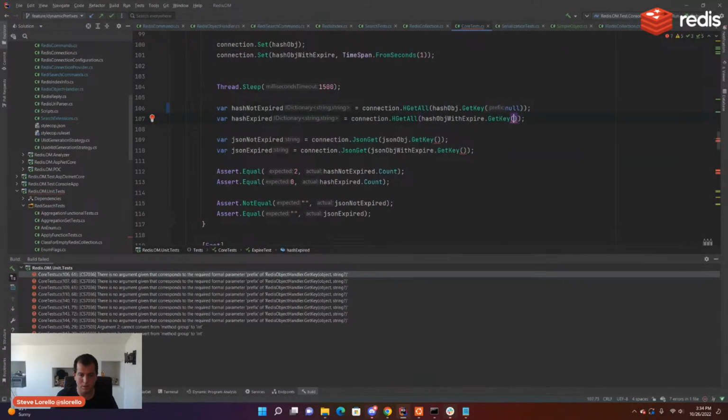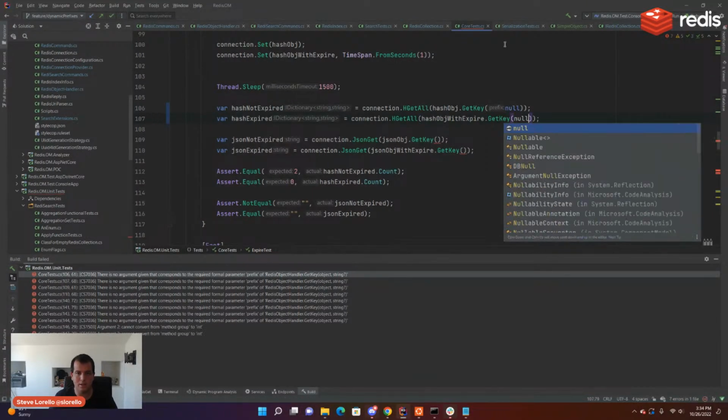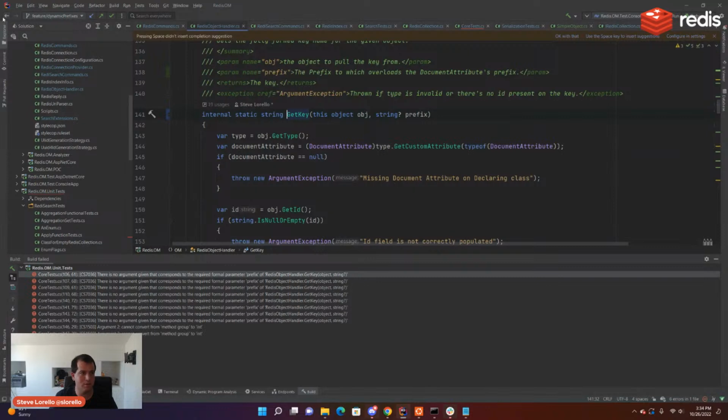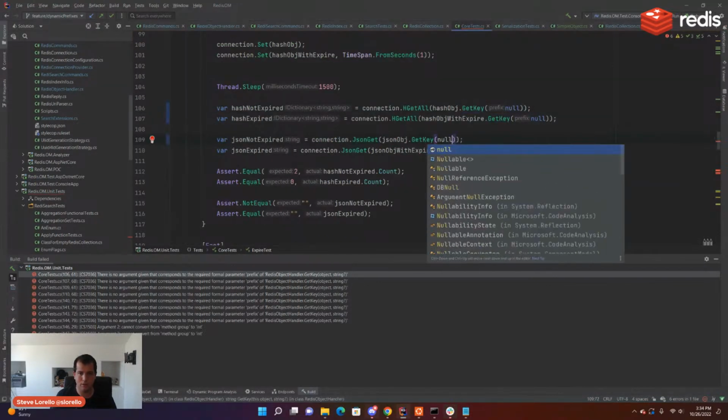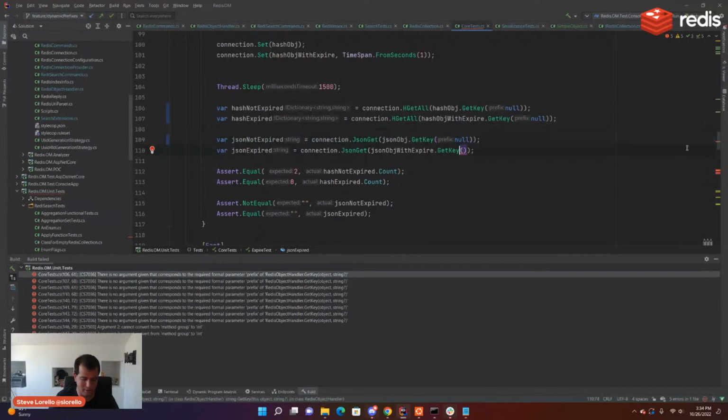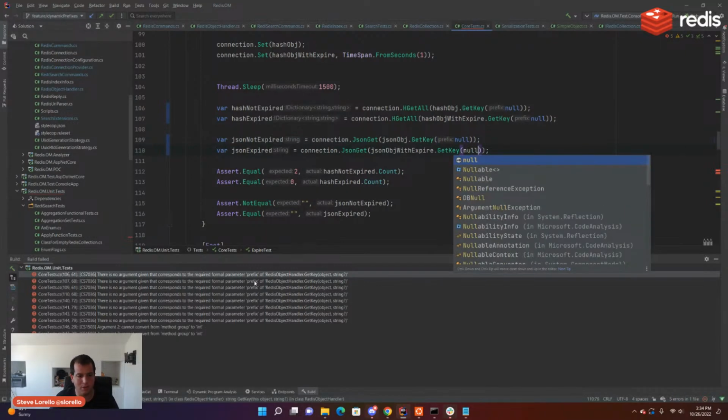For all these, this is just going to be null. And this is an internal method, right? Yeah, it's internal. So these are just a quirk of how this works. I'm exposing the